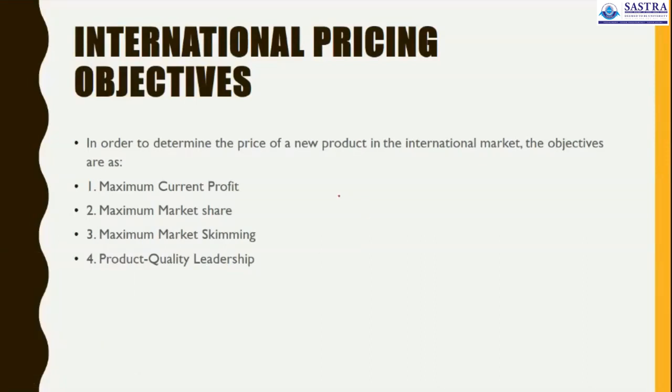Like, for example, I can take the price as one parameter. There is a high price. There is a low price. Here you can take the quality as one parameter, the high quality and the low quality of the product. So in this particular 2x2 matrix, you need to understand the following.